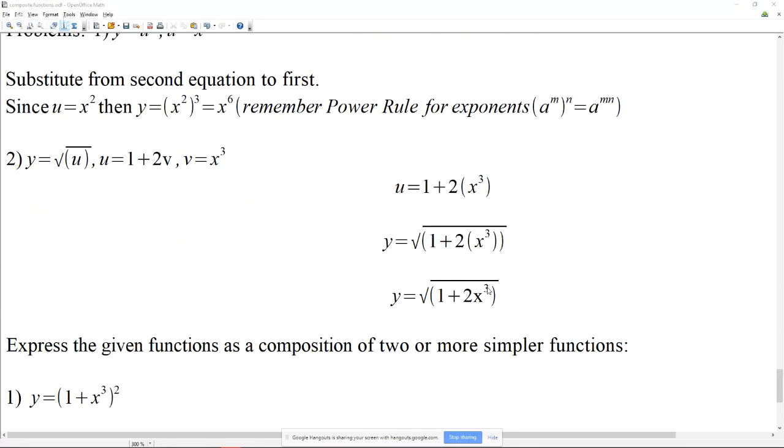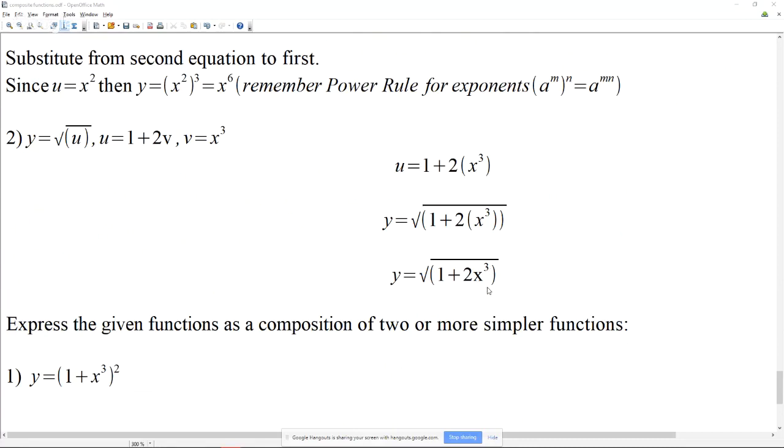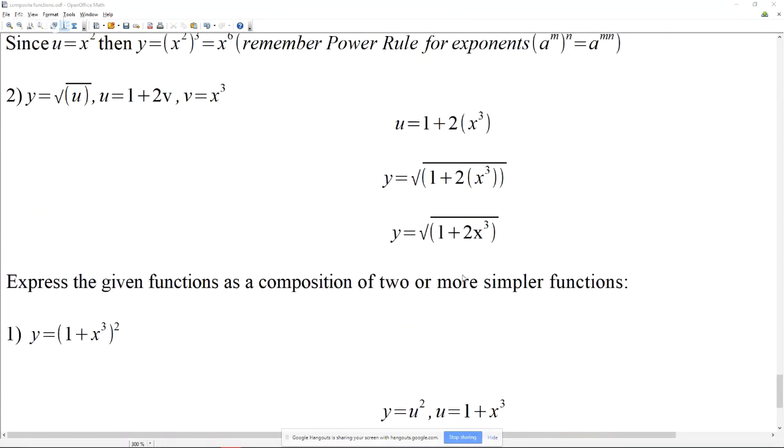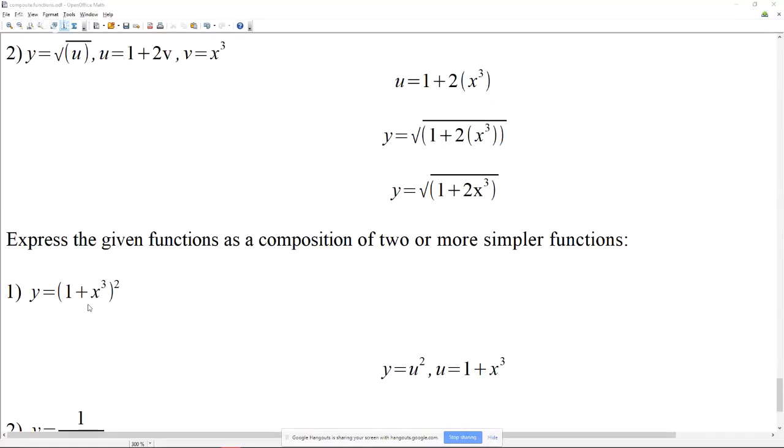That's it. That's all you do. That's easy. So here we're going to break it down. We're going to do the opposite. So x equals 1 plus x squared cubed as a